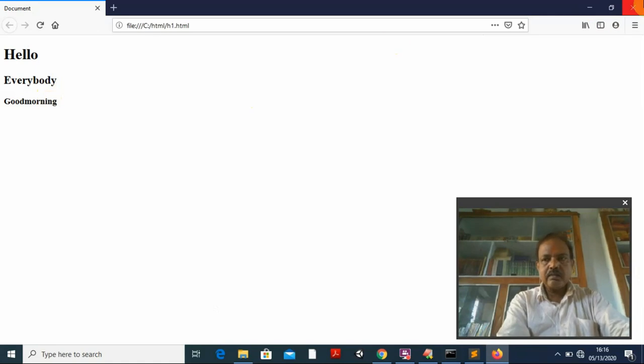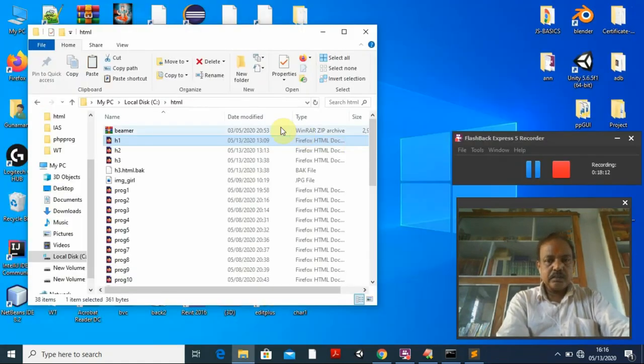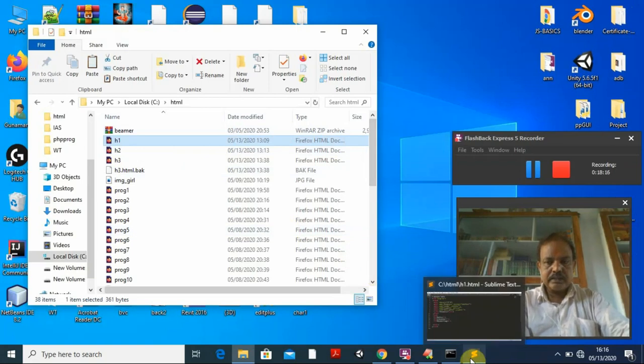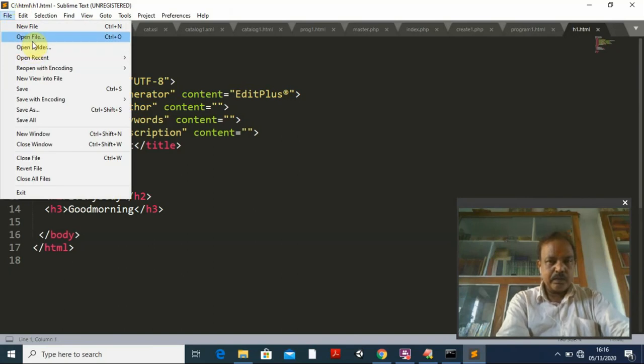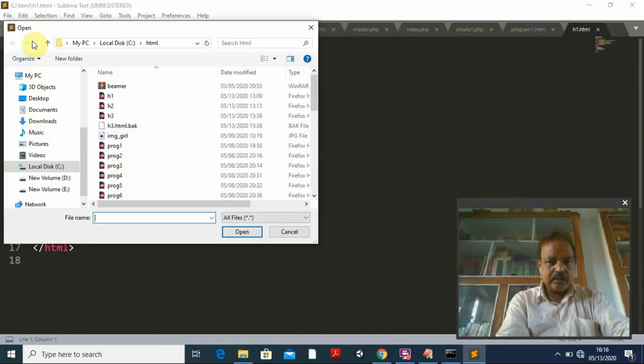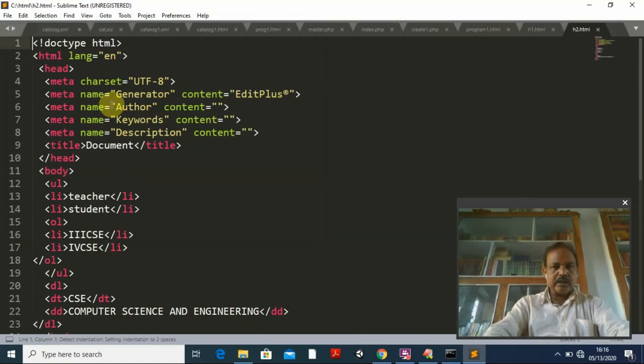Okay, now suppose I want to go for the next one, that is h2. Now open the file, and go for this h2. In this h2, what I have written, you see here the same thing. Up to this it is the same, the file name, the title is document, and here I am going to create